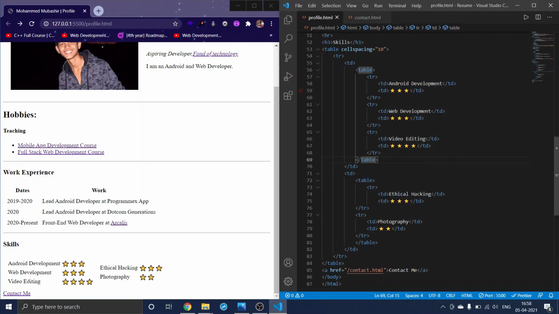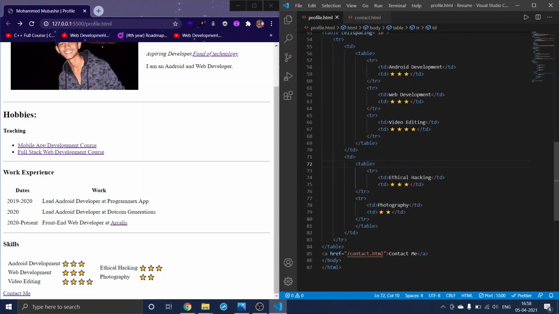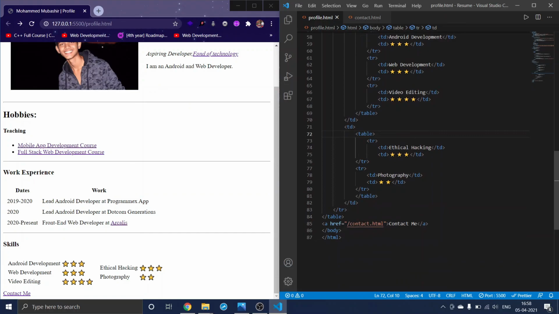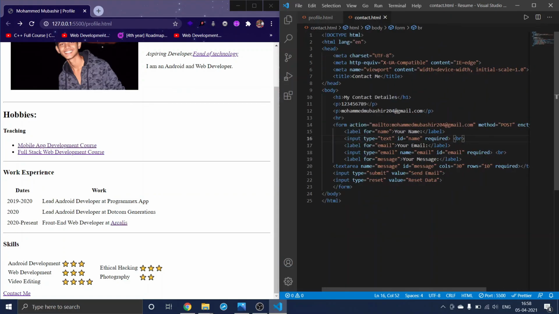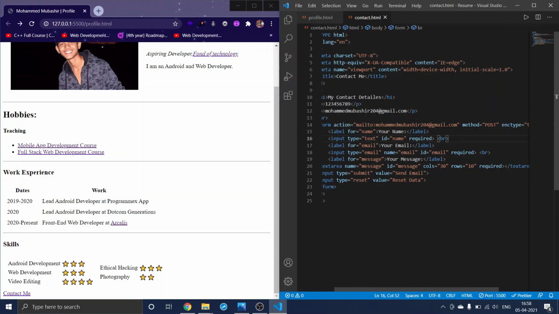To use a column we use td, right? So in one td we made a table, and in the other td we made another table. And normally we gave text and stars here. And again we made another html page, and in that we gave our name and email. In the form action we gave something like mailto and the receiver's email id.